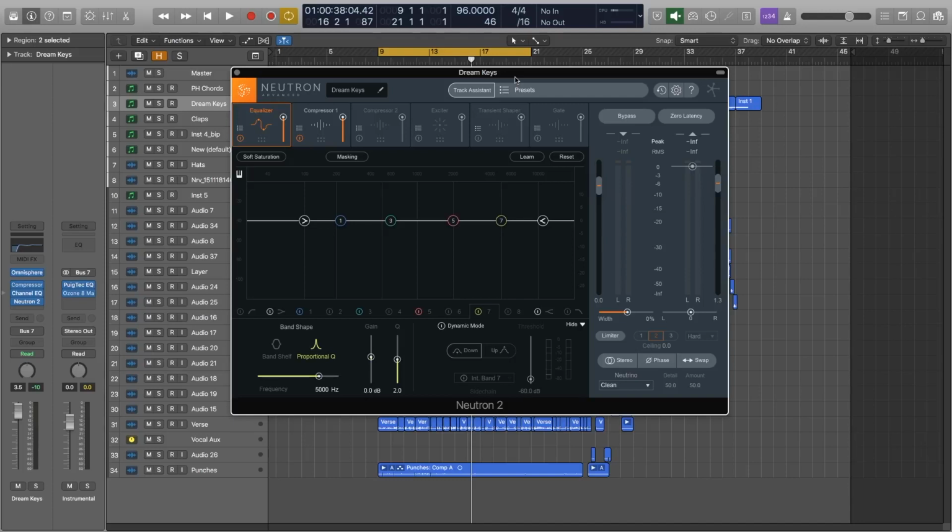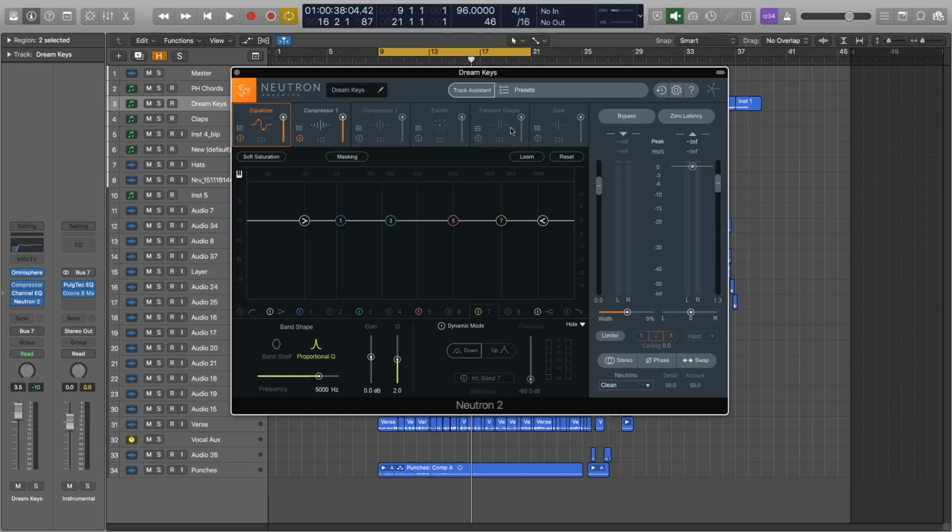Today we're taking a first look at some of the new features in the Neutron 2 Advanced plugin from iZotope. As you can see, we have a completely redesigned interface, very clean, very easy to get around, some cool new features within the plugin, and then there's also some great new inter-plugin communication with other plugins that are actually included with Neutron so that you can get a balanced mix very easily. I'll show you those in just a second, but let's first take a look at some of the new features